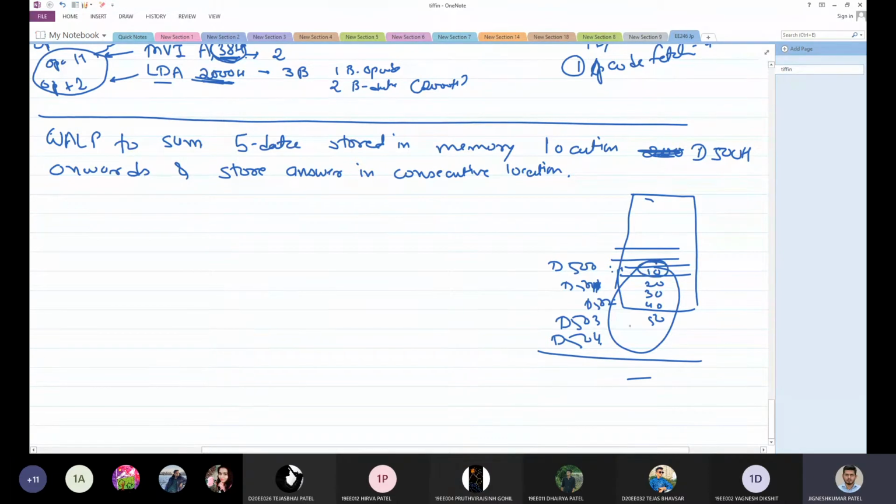Now data is stored in consecutive locations. So there is no program in between. So you have to write a program separately which will come here and take this data from here to there. Okay. So you have to read this data individually, one by one. So how to do that? There are 2 or 3 ways to do this. The easiest one, let us start with the easiest one and then we'll understand the complex one.